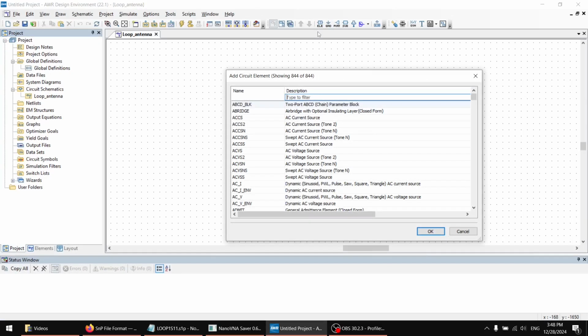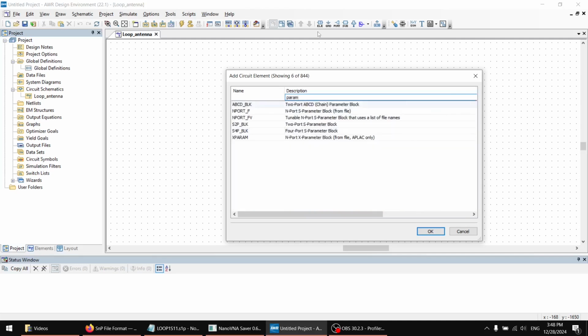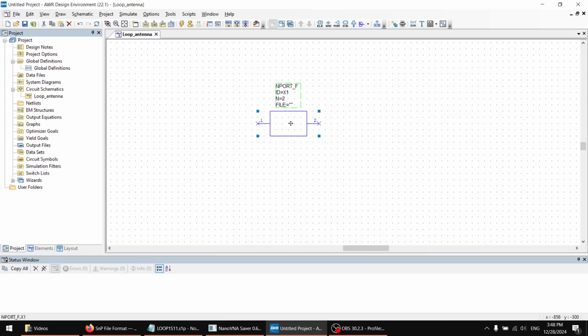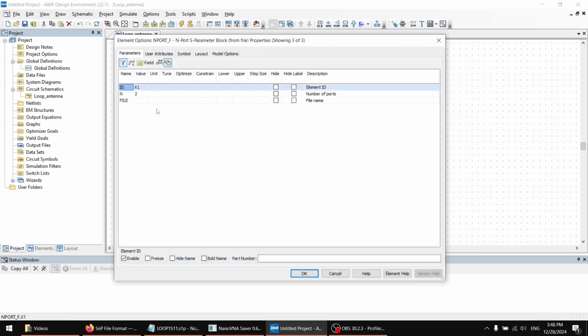So we need basically a block for the S-parameters, and there are a few that you can use. I will use this NPORT F, which basically allows me to load the S-parameters from a file and define the number of ports. But if you are working with two-port devices, you can use the 2- or 4-port device, and you can also define these parameters yourself. So let's go for the NPORT F, and if we go to the properties,